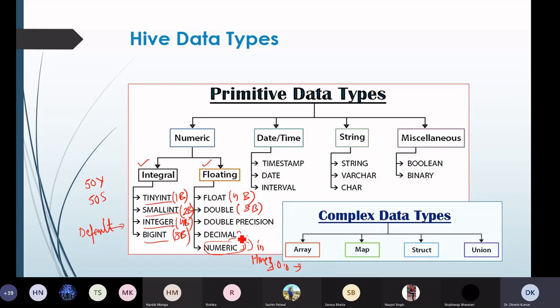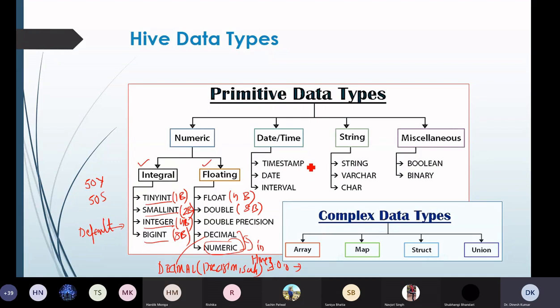Then we have the decimal data type. In case of decimal, we can also define the precision and scale of the data type. And then numeric is there, which is similar to the decimal type.